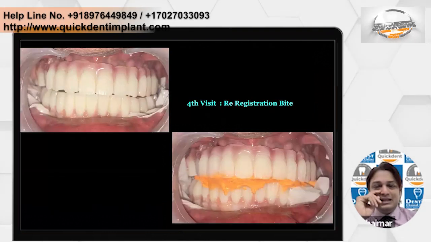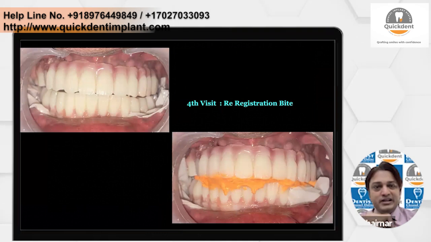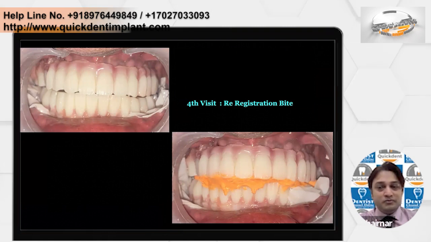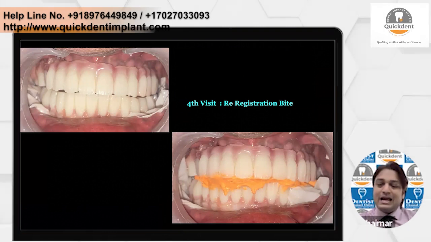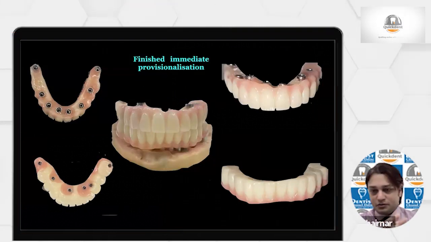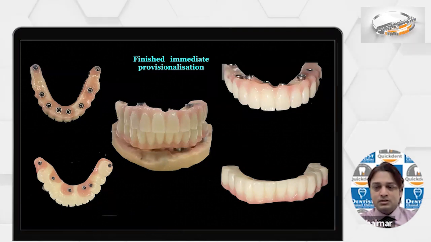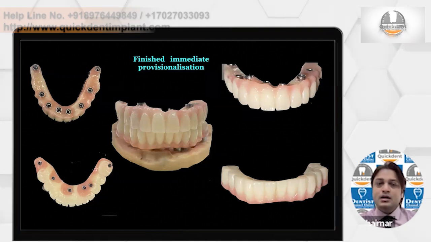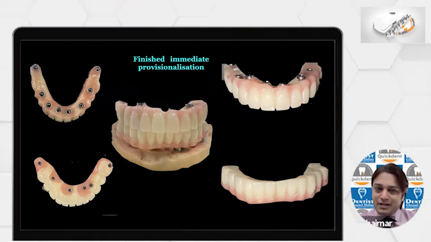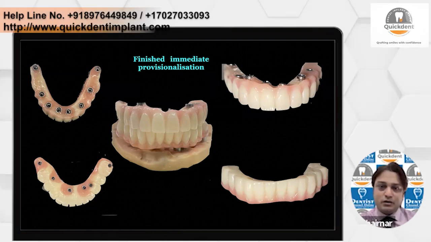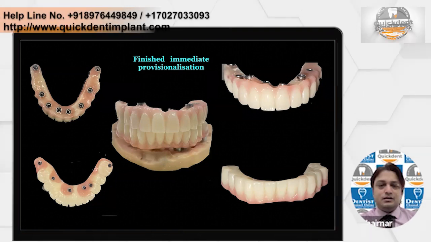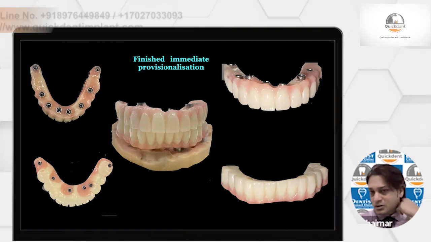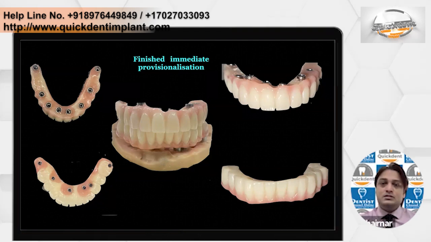And now, because there will be a little bit of bite discrepancy, we will retake the bite. And of course, because we are catching it, the undersurface of the prosthesis will be very poor. So we will remove it and send it to the technician to improve the undersurface and reinforce the prosthesis. While trimming and catching with the titanium cylinder, certain parts will be broken, so we need to replace and reinforce with regular acrylic resin. That's why on the palatal and lingual side you can see the pink resin. That is nothing but him improving the strength of the prosthesis. Now this is delivered to the patient.